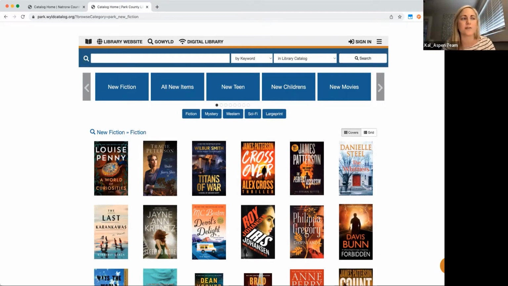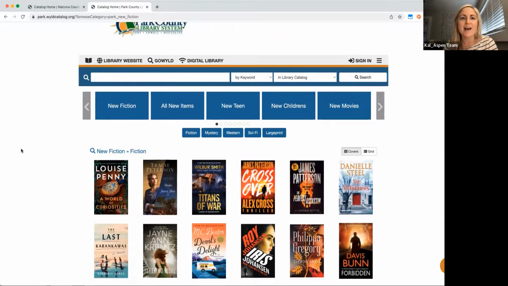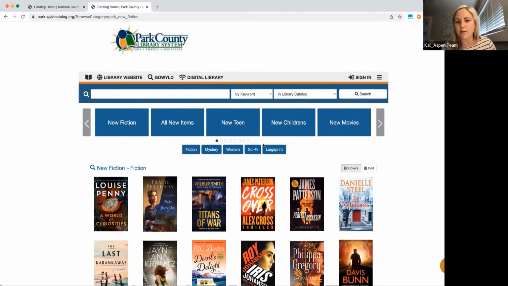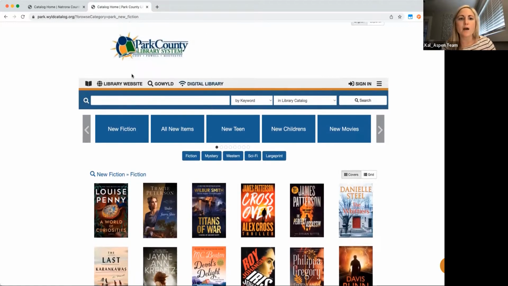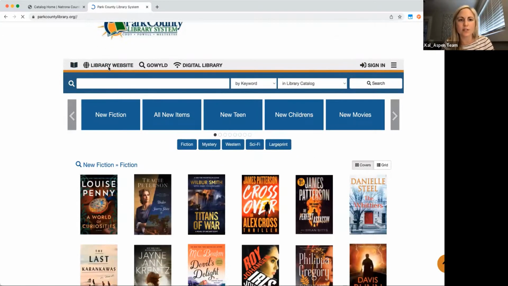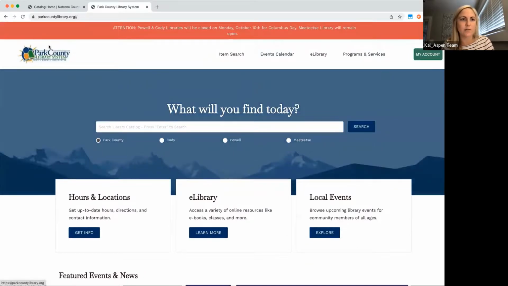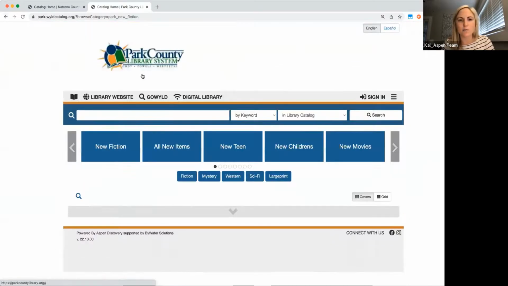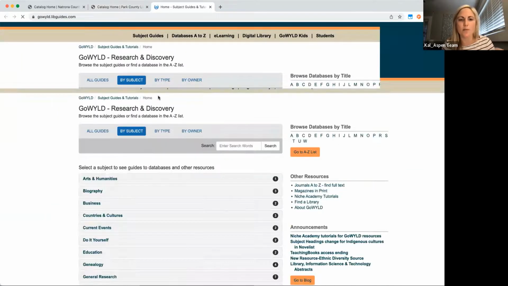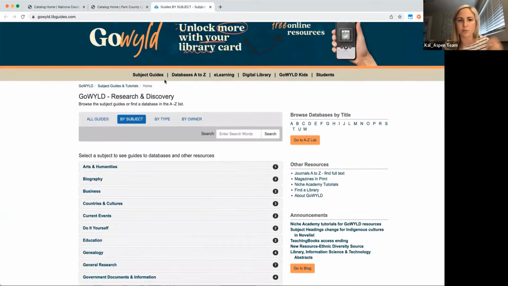And we're going to talk about browse categories a lot more in just a minute. But the overall browsing experience, these are your browse categories, again, very visual. Your libraries will have menu links along the top. So these will, again, change depending on the library, but this should take you out to your library website when you click on that. We have information here for Go Wild, so this is linking out to those wild libguides that you are probably familiar with already.